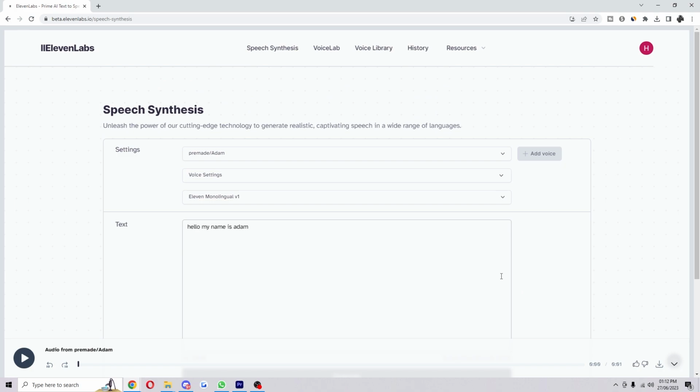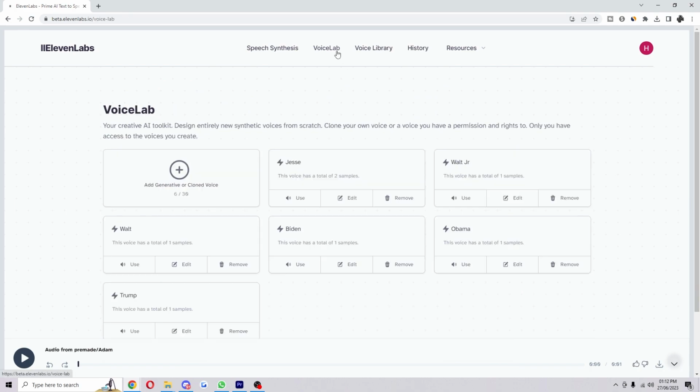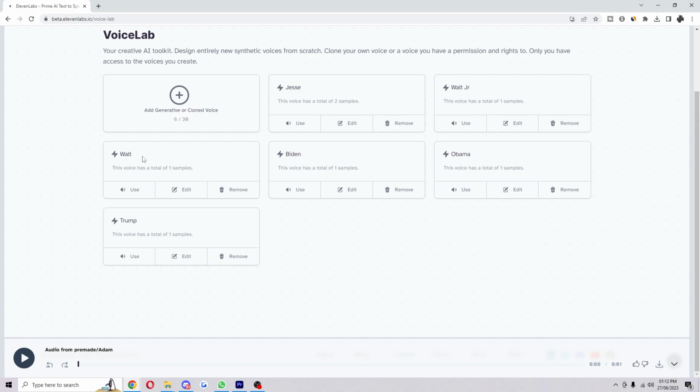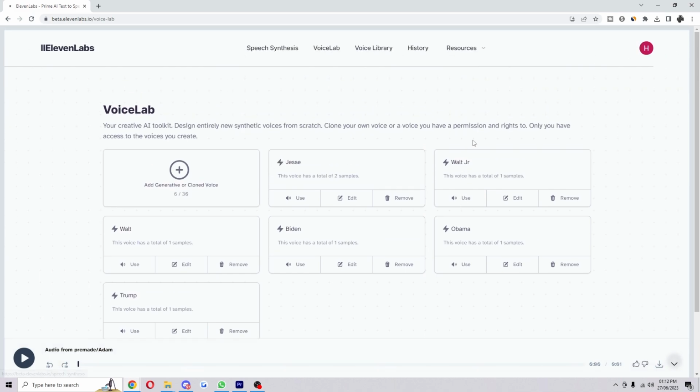Now if you want to use custom voices, we actually have a video showing how to do this, so make sure to check that out. And it'll basically let you clone anyone's voice you like. Here I've got some of the US presidents and characters from Breaking Bad. Now you might not like the voices they give you and you might not want to do this, so what